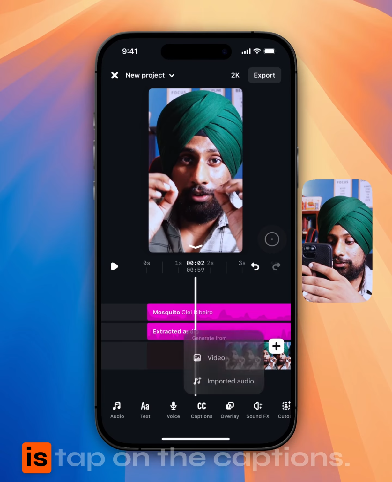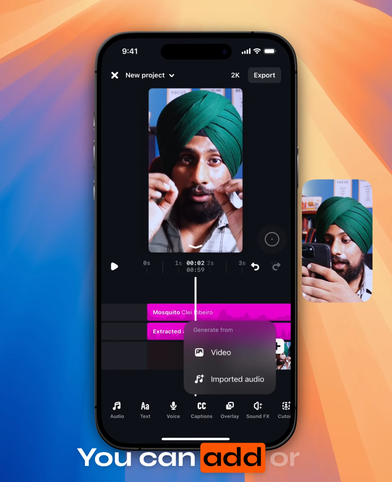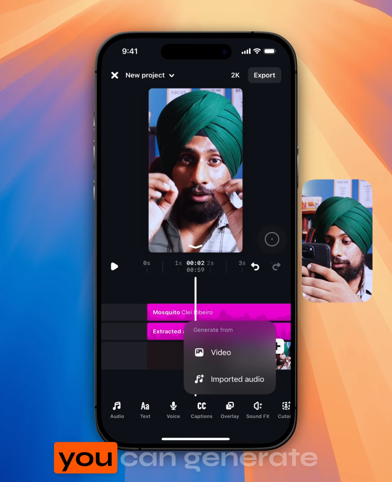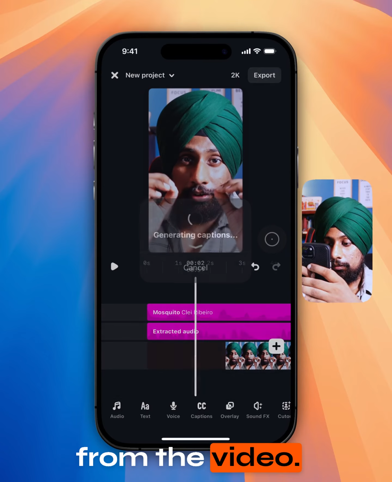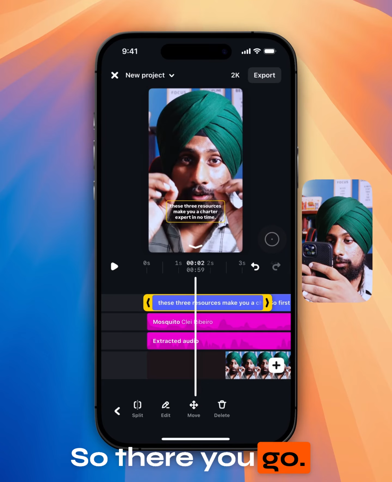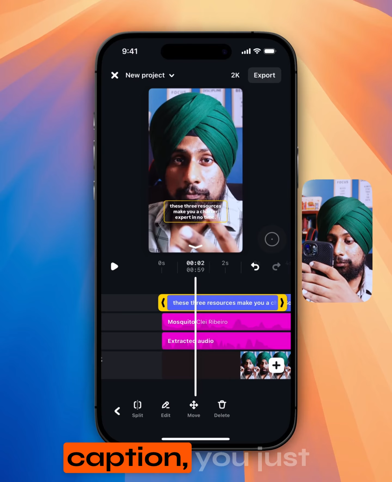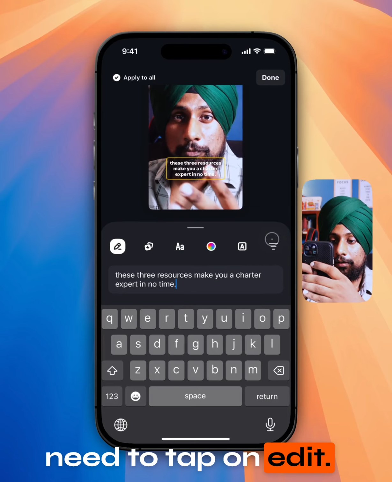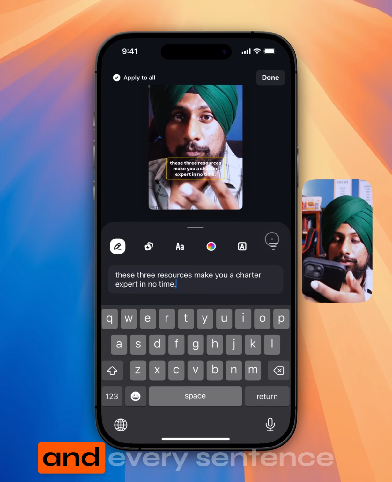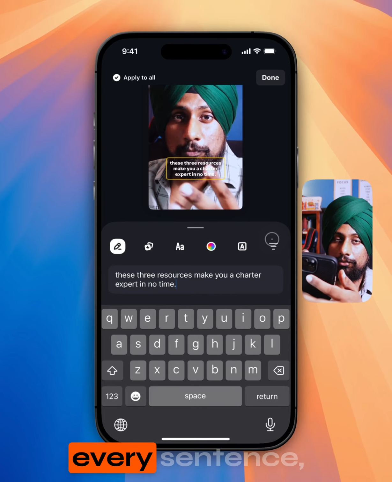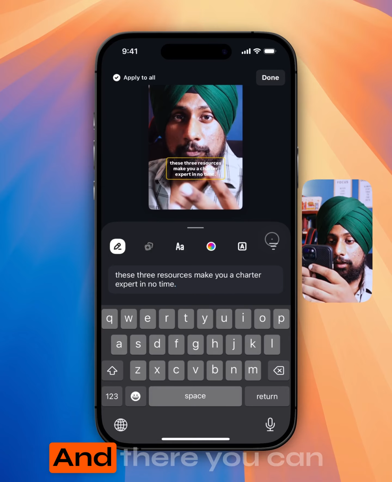So all you need to do is tap on the captions. You can add or import a video, or you can generate from the video here. So there you go. This is the caption, and to edit that caption, you just need to tap on edit. You can edit each and every sentence, caption by caption, and there